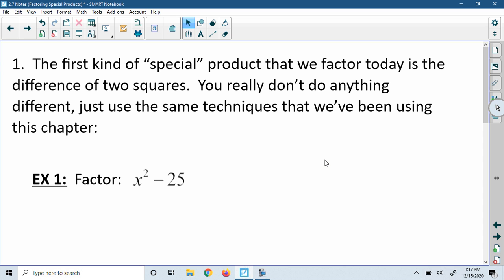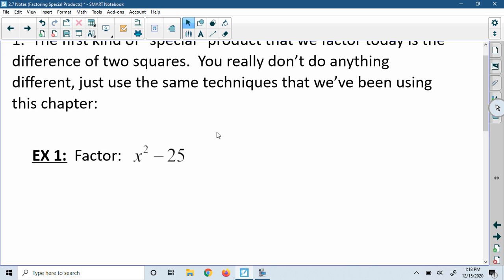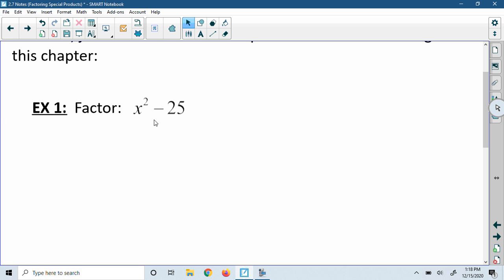So number one, the first kind of special product that we'll factor today is called the difference of two squares. You really don't have to do anything different than we've been doing, just use the same techniques that we've been using in this chapter. One thing that looks a little different about these differences of squares is that they're going to be binomials. The last few lessons we've factored trinomials, so